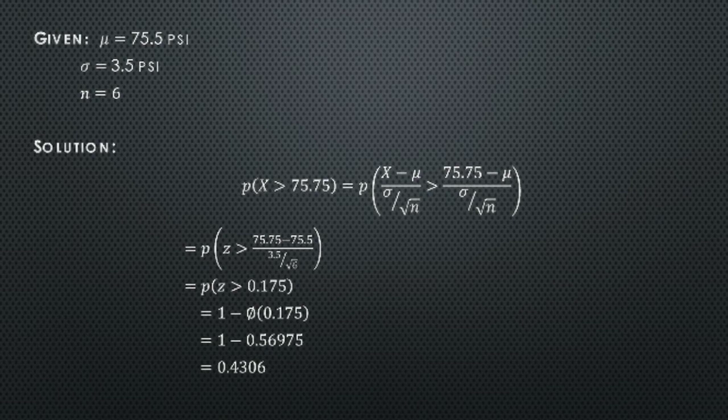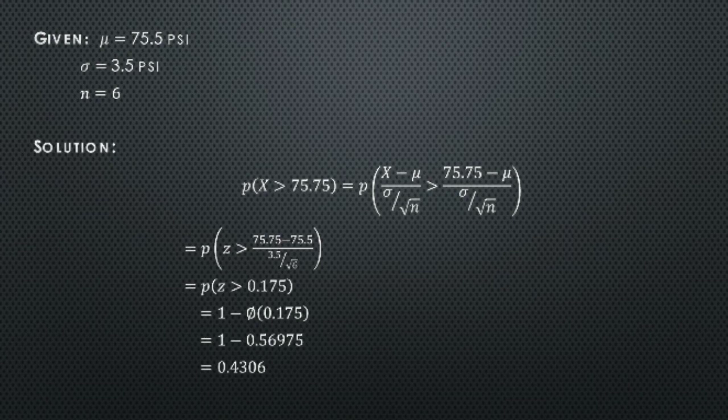First, we need to write the given. The mean μ is equal to 75.5 psi, the standard deviation is equal to 3.5 psi, and n is equal to 6. For the solution, we use the formula z equals x̄ minus μ all over standard deviation over square root of n. That's why we come up with P of (x̄ minus μ) over (standard deviation over square root of n) greater than (75.25 minus μ) over (standard deviation over square root of n). And so with that, we come up with P of z greater than 75.25 minus